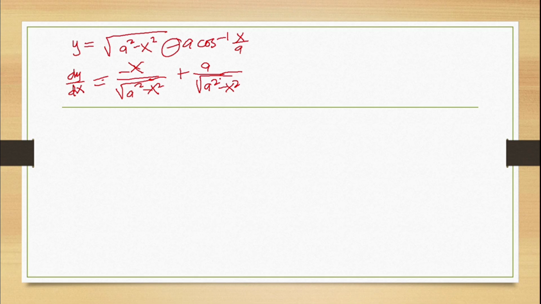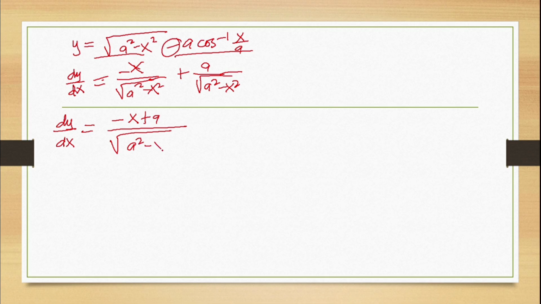So now these are the derivatives that we got from this part. So dy over dx is equal to negative x plus a over the square root of a squared minus x squared. So we have to calculate this part, a minus x over,